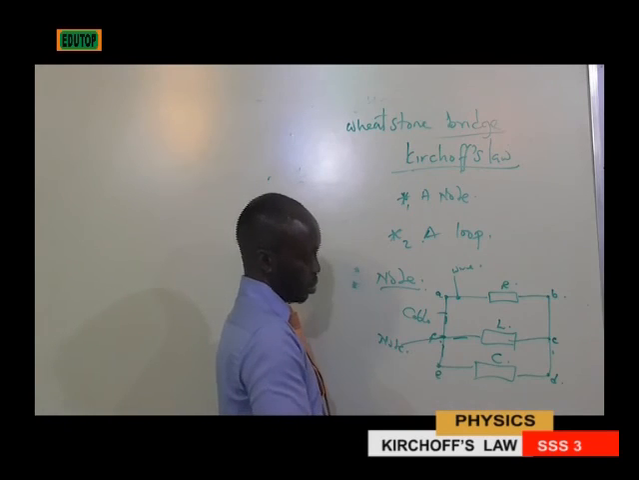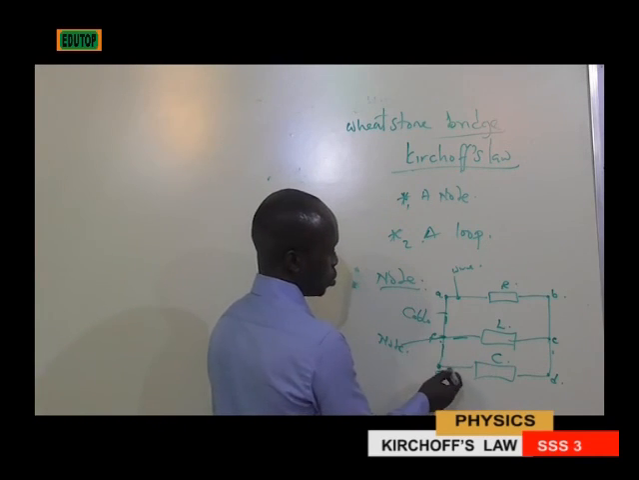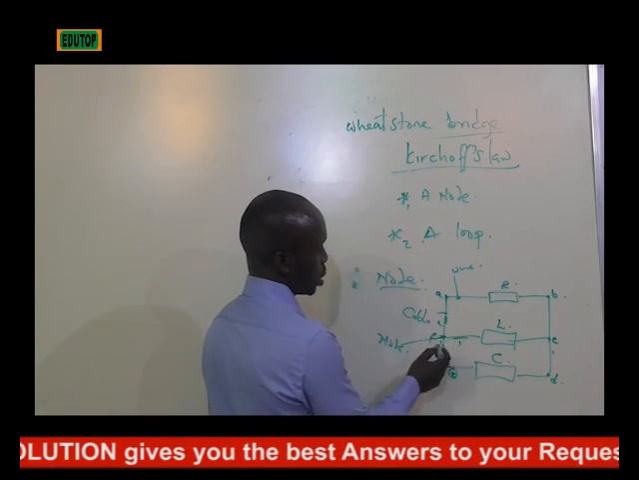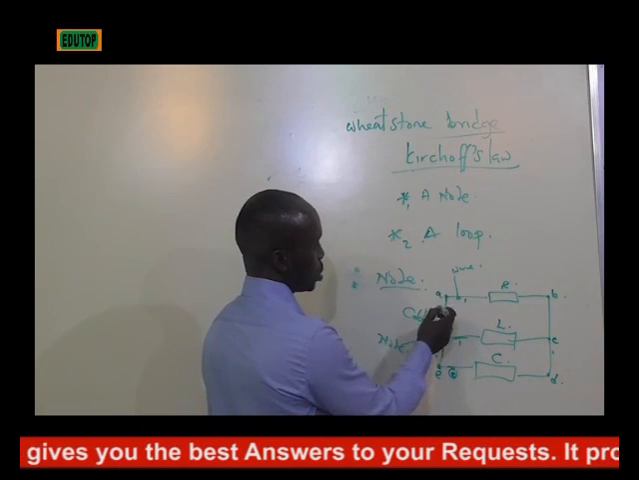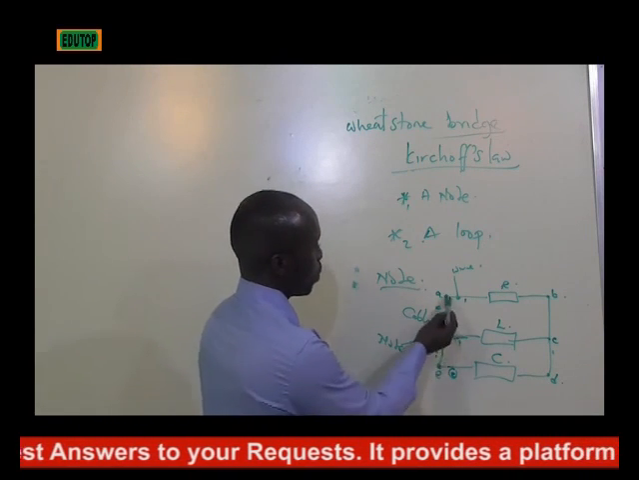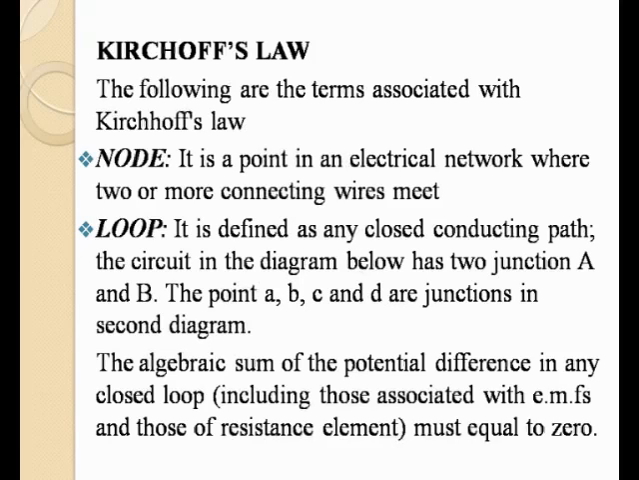This is a node. Perhaps how many nodes do you have here now? It's just 6. This is also another node. 2 wire. This 1, this 2. This is another node. This 1, this 2, and this 3. This is another node. This 1, this 2. You understand? So the point in a particular network where two wires meet is called a node. What is a loop? Now, it is defined as any close connecting